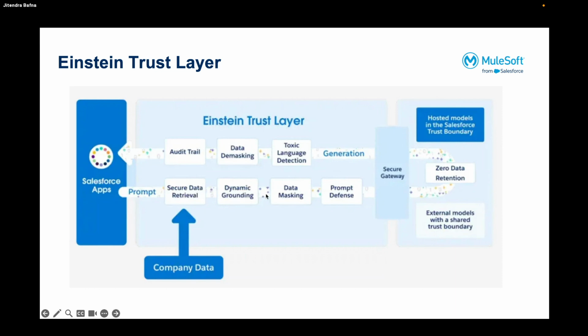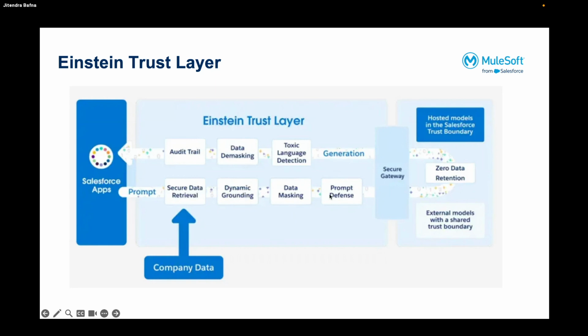I will show you what grounding is. Generally you add the data context to your prompt. For each prompt your account ID may be different, right? So you don't have to hard code it, you can ground that data. Then it does the data masking. It automatically recognizes sensitive or confidential data, and it will encrypt or mask